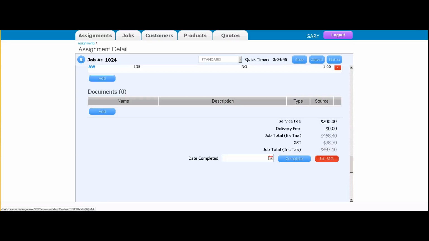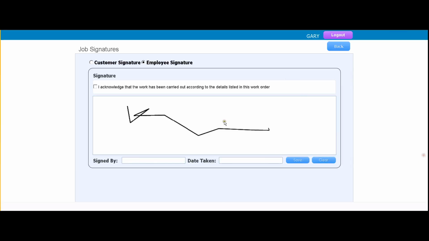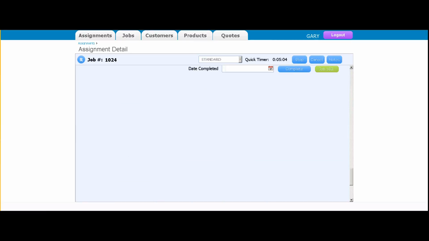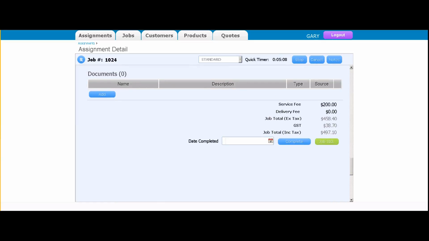If I had a tablet, I'm now finished. What I'd like to do is have the job signed off. So I click on the job signature button, of which the customer then can go and enter their signature. The employee can also go and enter their signature into the job as well. If you wish, press the save button, go back, and then the last thing we really want to do is complete the job. To complete the job, you press the complete button here,